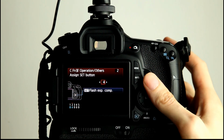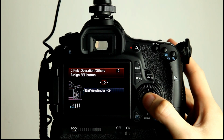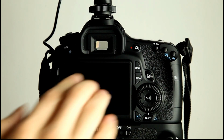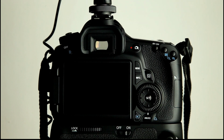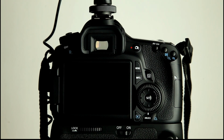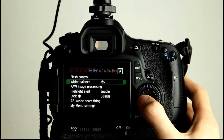So, viewfinder. Okay, now we can have the level guide in the viewfinder, which uses the metering bar on this, okay, to tell you whether the image is level. So once you've activated it, the needle and the metering bar kind of goes from left to right to level it off. It's not quite as advanced as the one that's in the 7D or other bodies, but it's there just so you can get a horizontal level shot to help you. Obviously we can't see that through the viewfinder here, it's a little difficult to get a shot through that. Given the lenses I've got, they won't really focus that close. So we'll go back into the menu